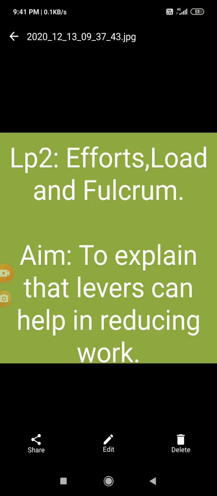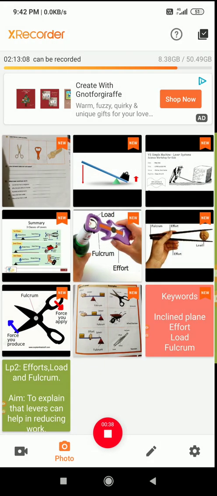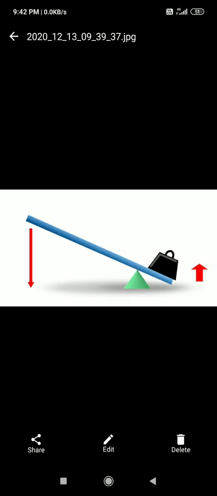So what is a lever, students? A lever is a simple machine. It is a simple machine that is used to lift heavy objects, or it enables one to apply less effort than required to lift an object, we can say, right? So if you want to lift any heavy object, then you can use a lever. Whatever you are seeing now, like a seesaw, we will call it a lever, right?